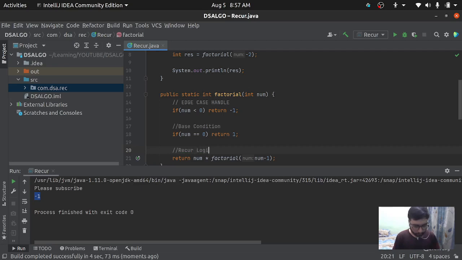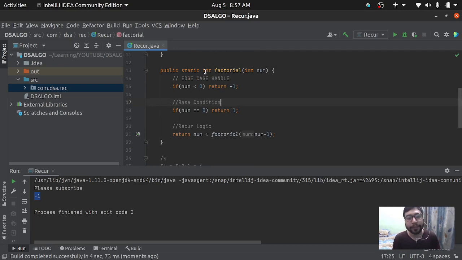And the recursion logic. So we are covering all three aspects of a recursion function. Whenever we write a recursion function, we need to handle these three things properly to run it properly. First, the recursion logic, which will give you the answer. Second, the base condition, so that we won't get the Stack Overflow error or break the loop.